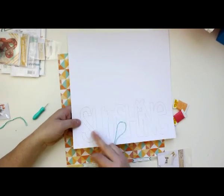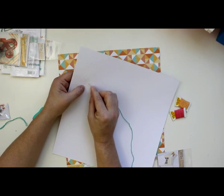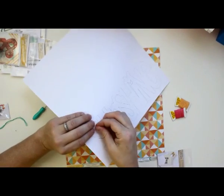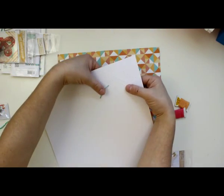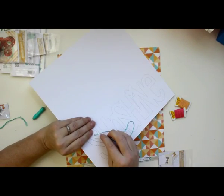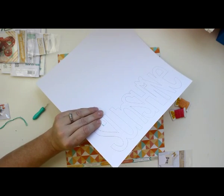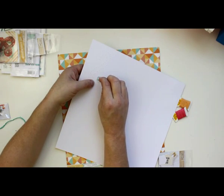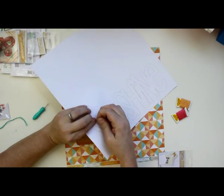So to do the back stitch, you pick your starting point, and you're going to go one before your starting point. So if this is your starting point, you're going to start here. Okay, take your needle through and hold your thread on the back like this. Again, you don't need to knot it. Then you're going to go back to the first dot and go in like that. Then you're going to turn it over, and you're going to go to the third dot in front. So you can see that